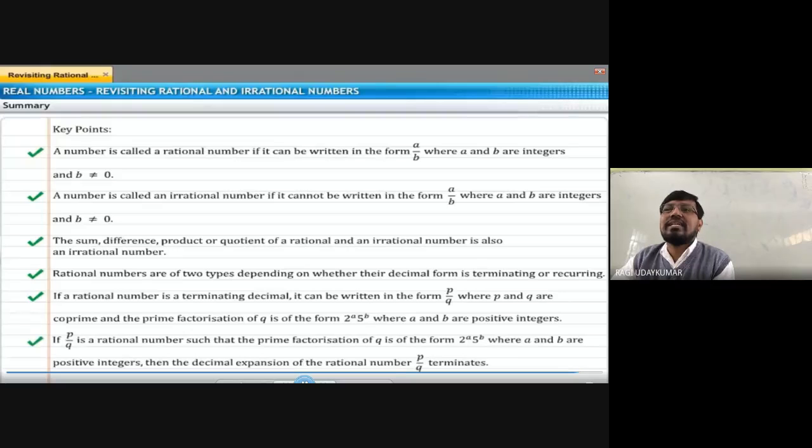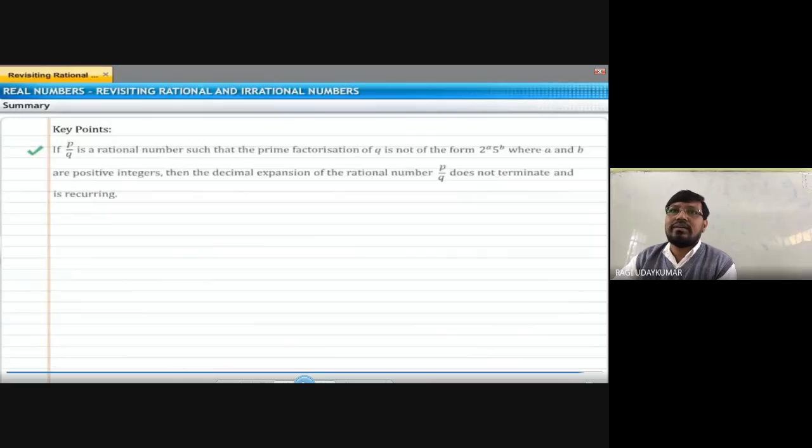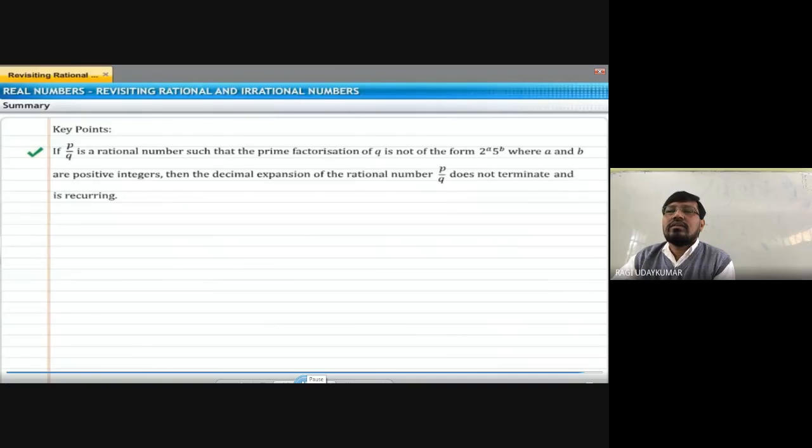If it is not in that form, it is non-terminating, recurring, repeated. Conversely, for a rational number p by q whose denominator's prime factorization is not in this form,